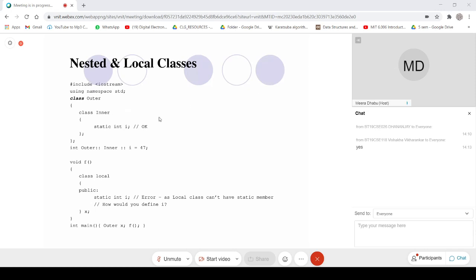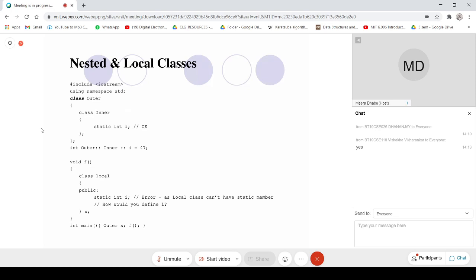Okay, now coming to the nested and local classes. I'm going to just introduce you all here to what nested classes and local classes are, but I will request all of you to explore this yourself.